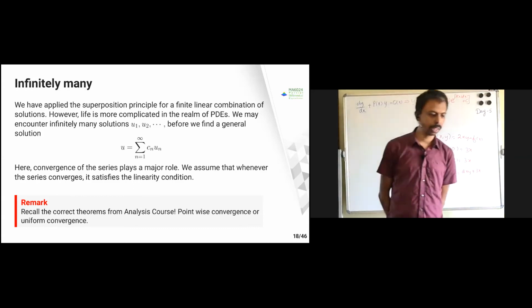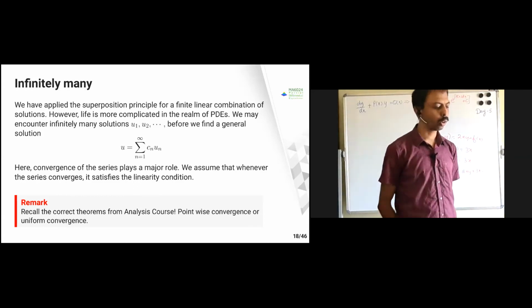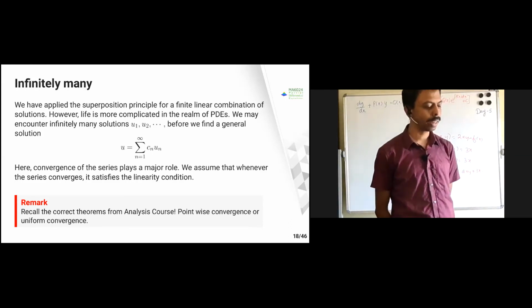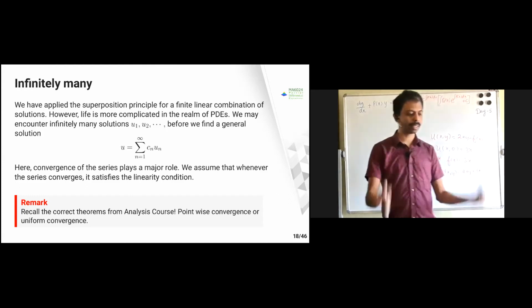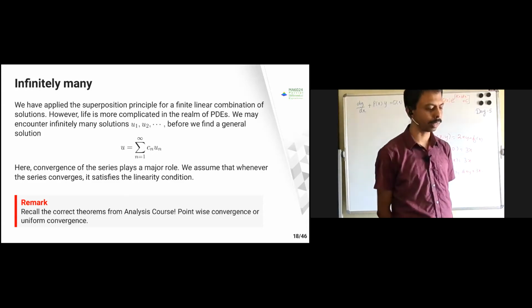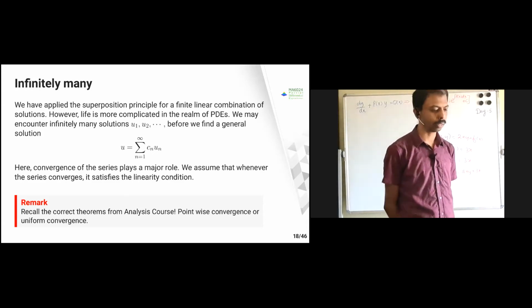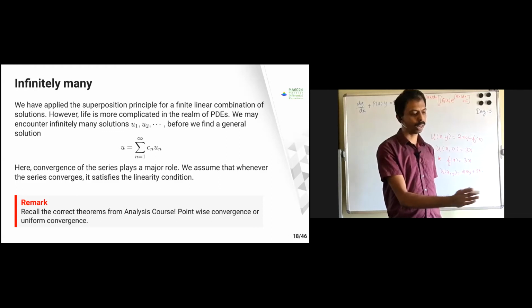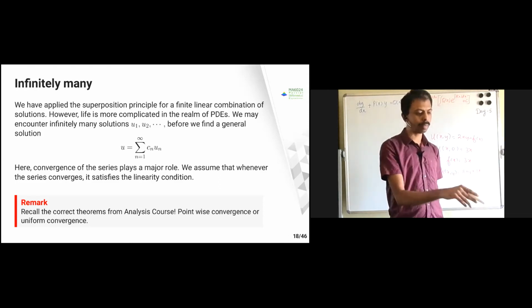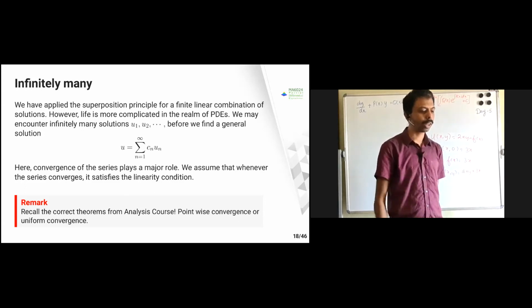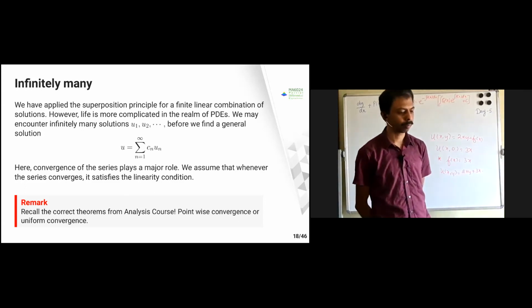So in that case, we have to check whether you can get the general solution in this form. You can write it in this form provided some conditions hold, so analysis comes into the picture. When can we write that? We have to assume some things, like convergence of the series, which is very important. Unless it is converging, you can't assign something on the left-hand side, because I can't say what u of x comma y is. It may be infinity or something. So you have to check the convergence of this series. If it is convergent, then you can say this is going to satisfy.